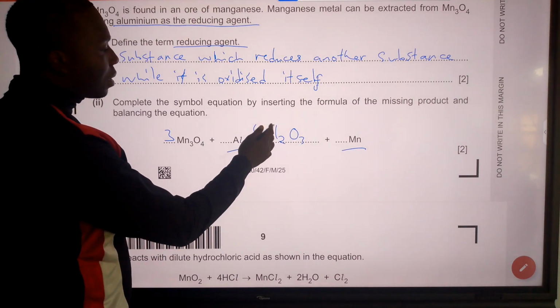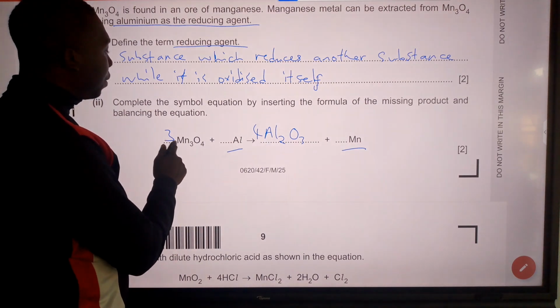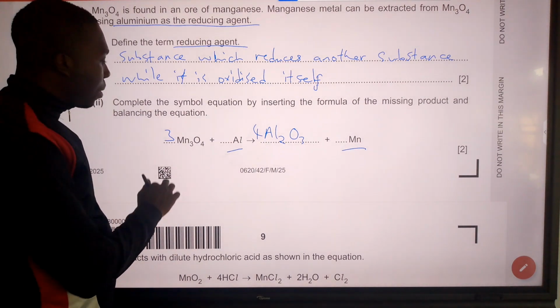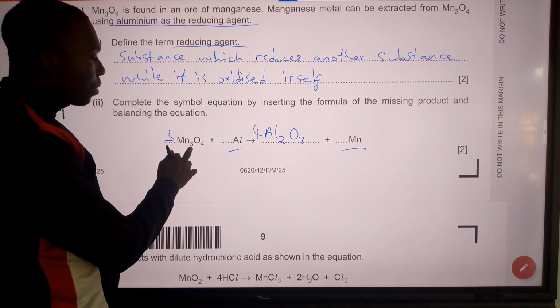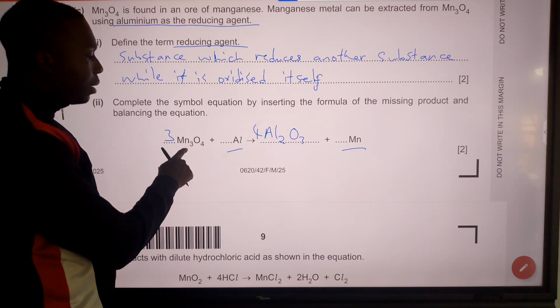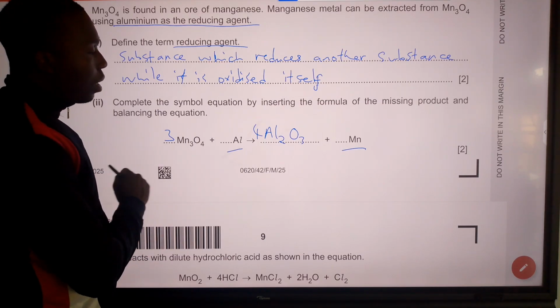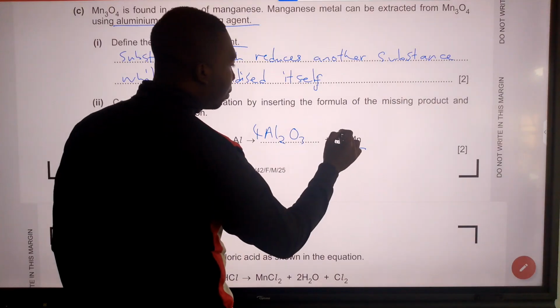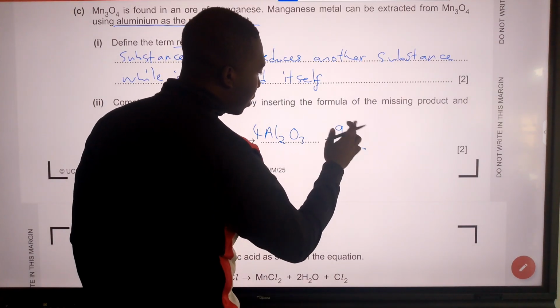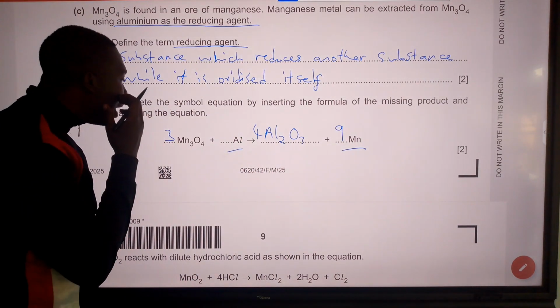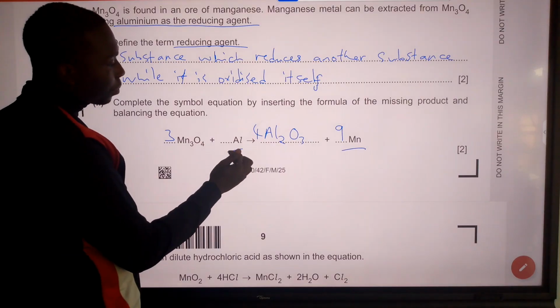This 4 also affects aluminium, and this 3 affects manganese. So 3 multiplied by 3 manganese on the left means you have 9 manganese atoms. On the right, we are going to put a 9. So it is easier since this is the stand-alone element. On the left, we have